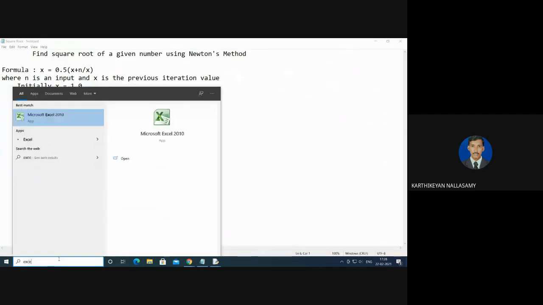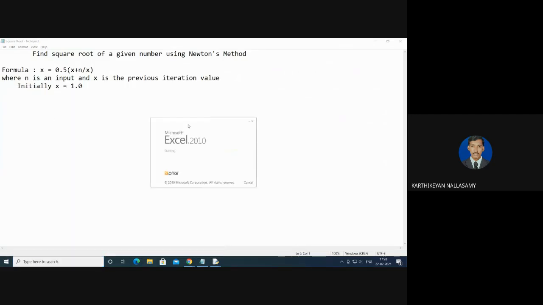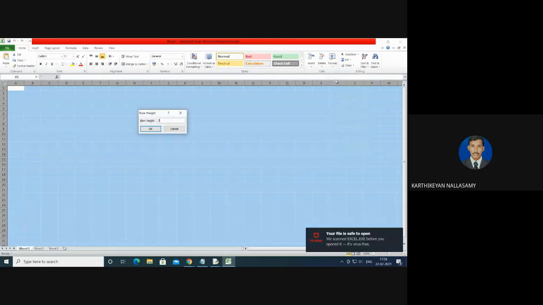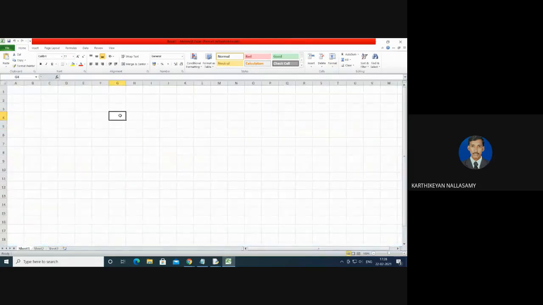For calculation, I can use Excel for easy understanding. This column is for the previous value. This is for the current value, and I'm going to check whether both are equal or not.